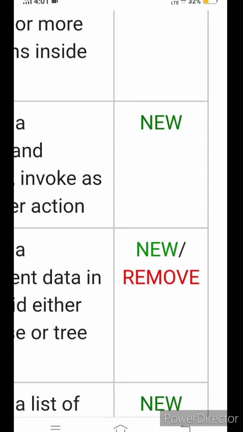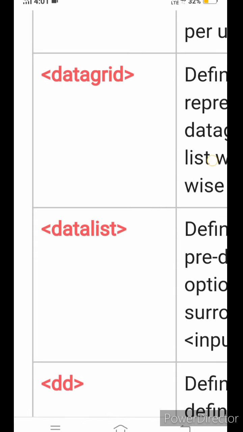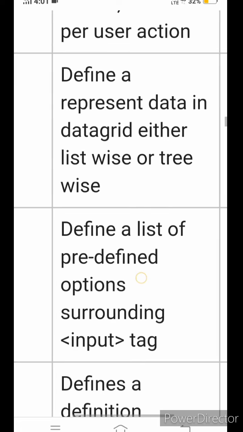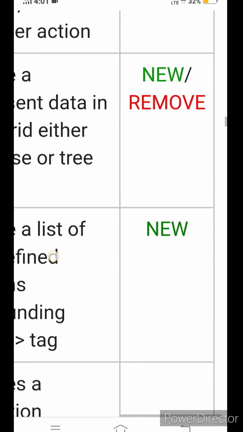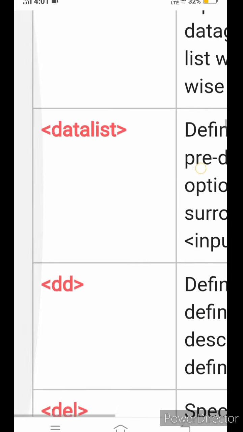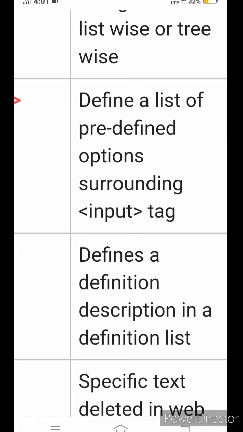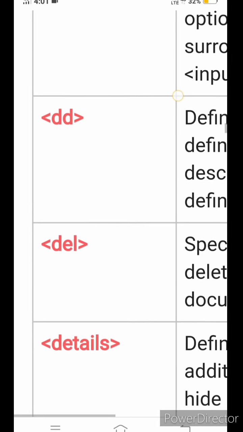This is new in HTML5 version. Datagrid defines a representation of data, either list-wise or tree-wise. This is not clear in HTML5 version. Datalist defines a list of predefined options for an input tag. This is new in HTML5 version.